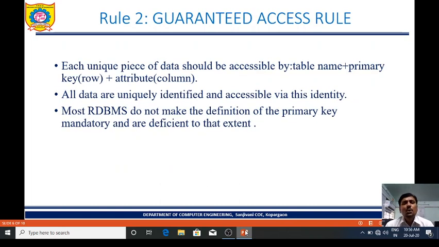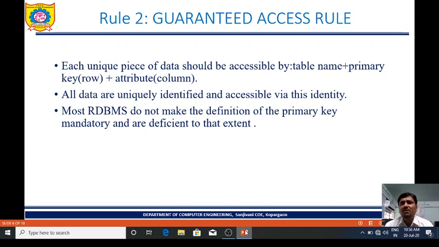Second, rule 2, it is guaranteed access rule.